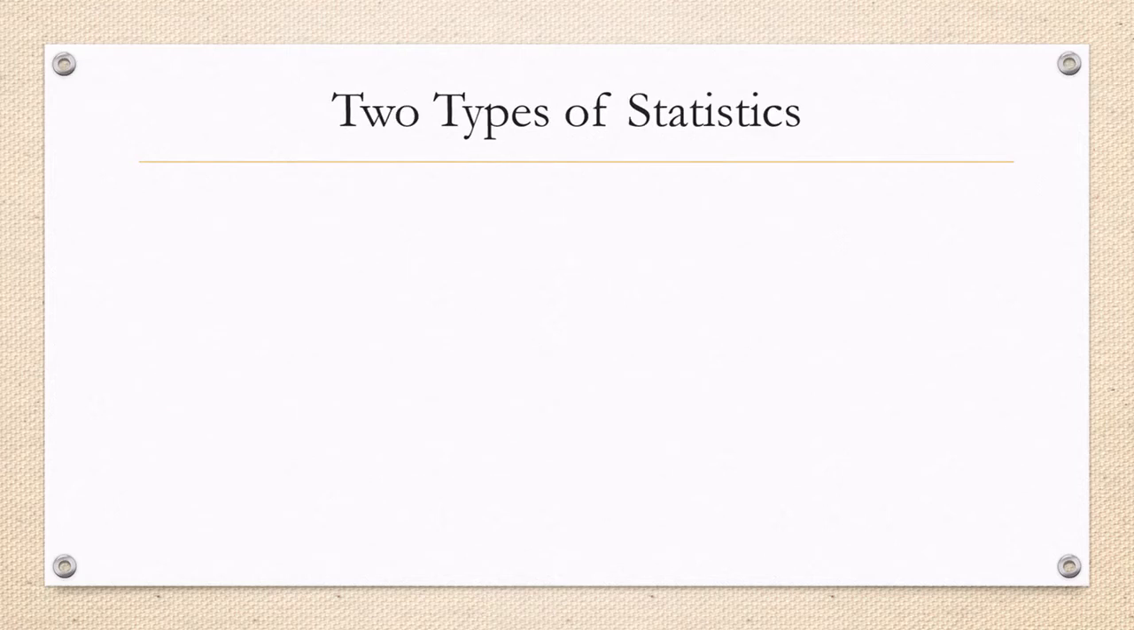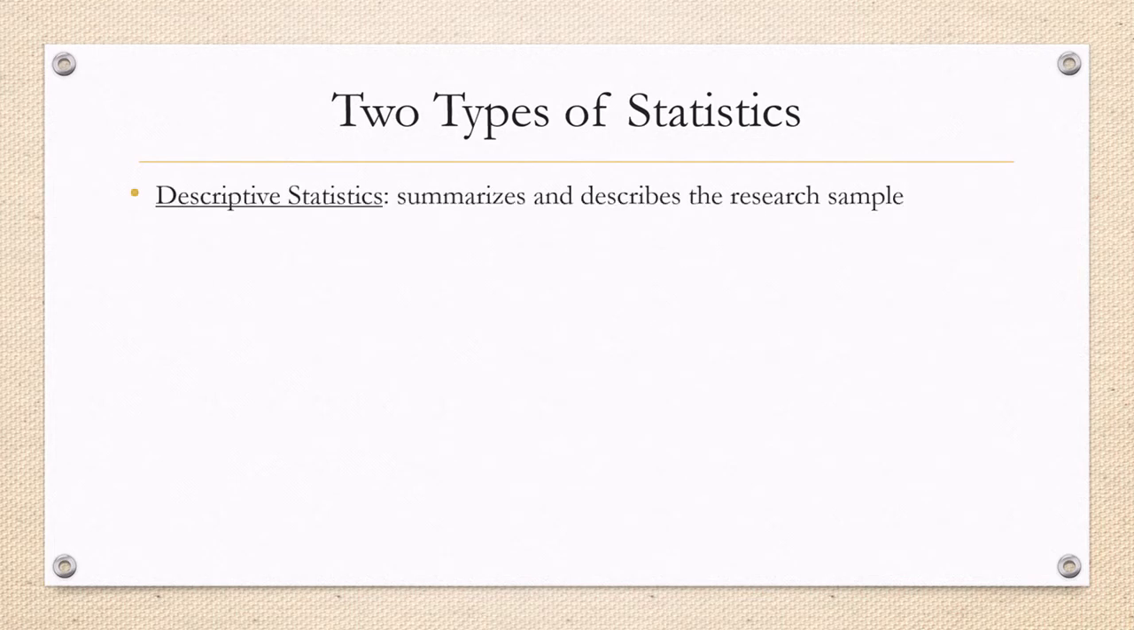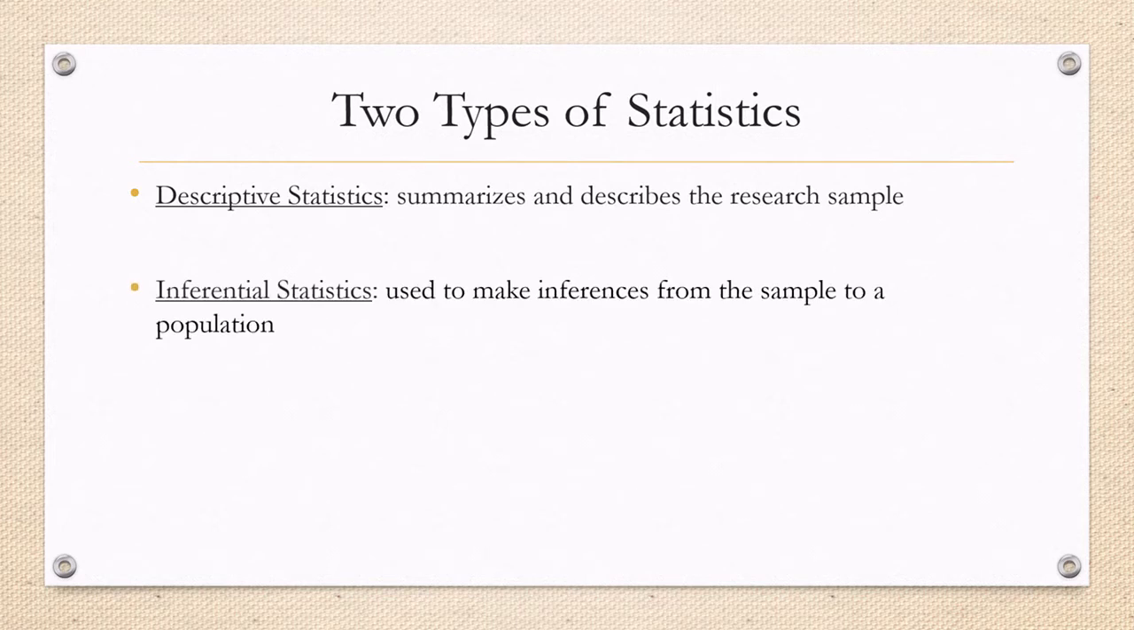We need to first talk about the 2 types of statistics that we deal with in talking about research. The first are descriptive statistics. These are statistics used to summarize and describe the research sample. The second are inferential statistics, which are used to make inferences from the sample to the population. To explain this in pictorial form,